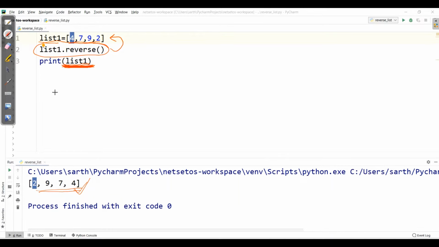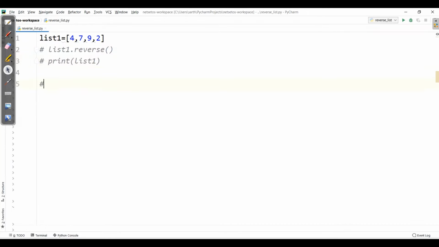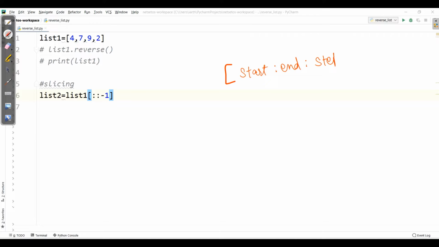Now let's go with the second strategy. For that I will comment this, slicing. So for slicing, I'll take the same list1, and here I'll take list2 equal to list1[::-1]. First the start value, then colon, then the end value, and then the step value.